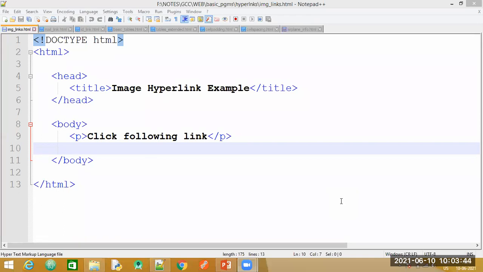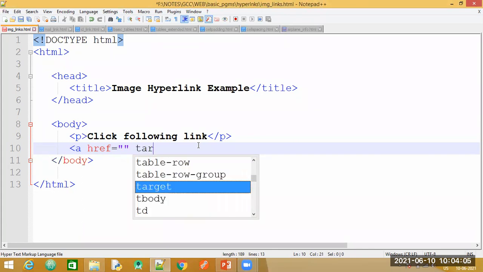That is, when we try to click on an image, it should open up a new web page or a new web document. So, let me first write the anchor tag. So I need to give the URL inside this.